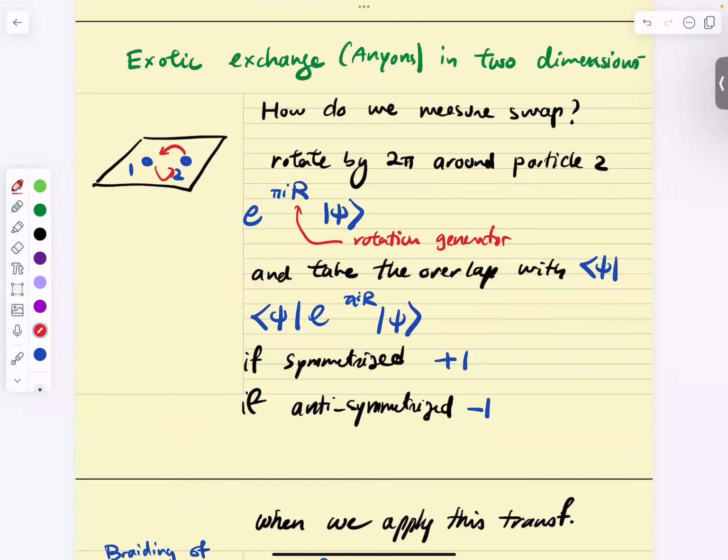So you rotate. Assuming translation symmetry, you just rotate by pi. So the observable is just rotation followed by translation. You apply this observable, rotation by pi, on your state, and take the overlap with the state before rotation. Let me draw this picture. Here are your 2 particles. Here's time. And here are your final 2 particles. So this is what you do.